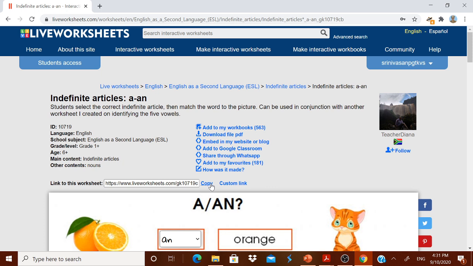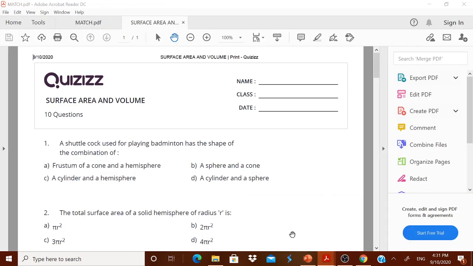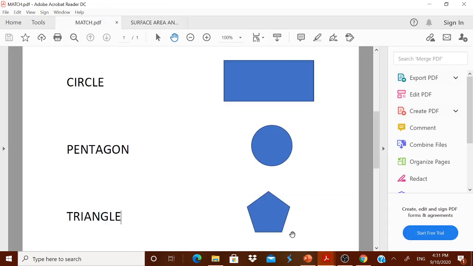Thank you. In the upcoming videos, we will see how to prepare the interactive worksheets which you have already prepared in MS Word. But remember, the better way to upload and make it into an interactive worksheet is to convert your worksheet into PDF. I think I have already shown you over here: this I made in Word and converted into PDF. If you do it in PDF, there won't be any problem with languages.